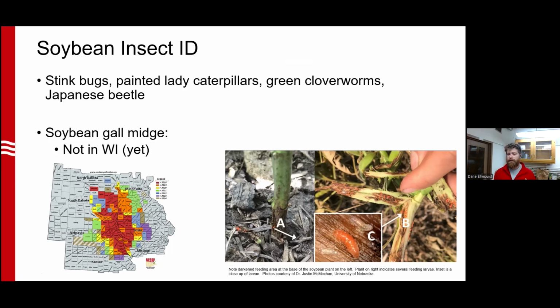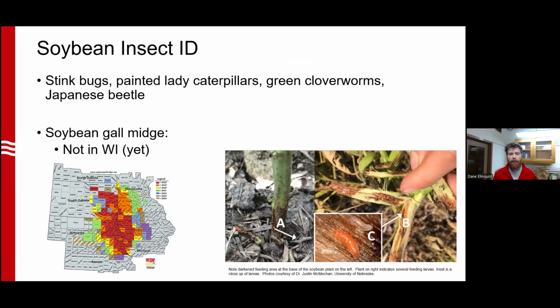I mention this because there is another very similar larvae, the white mold gall midge, which is a different species and has been found in Wisconsin. They're very similar in appearance to soybean gall midge, but they're not really considered an economic pest. White mold gall midge prefers areas of the soybean plant which are compromised by disease or other injury, and these sites are usually found in the upper portion of the plant. So very different from that soybean gall midge feeding site, which is going to be very close to the